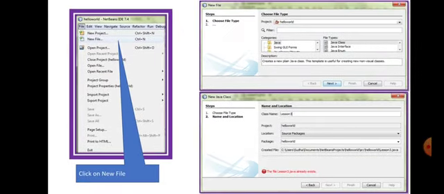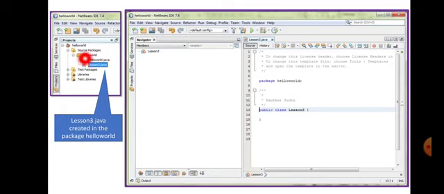And as I told you here, this hello world is already created. Hello world.java is already created. Now you are going to create another file with the name of your class, lesson3.java. You can create many files under it.